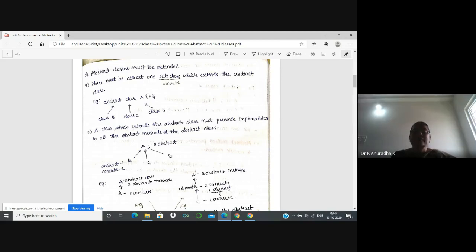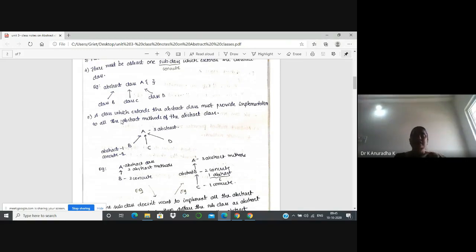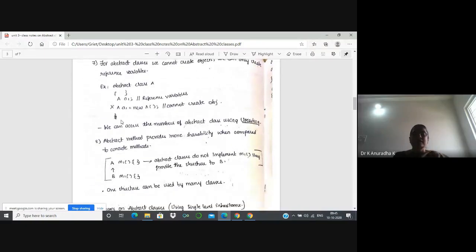Okay, if you write a concrete method here, we are already giving the method body. So if this class wants to override that method, it can override. Otherwise, it will take the same implementation in all the three classes. That is the drawback of a concrete method. If you want to apply overriding, we can apply overriding in these subclasses. Otherwise, the same body of this concrete method will be used by all these three classes. But when you write an abstract method, that method must be given implementation in each of these three classes. That's why abstract methods will provide more shareability when compared to concrete methods.